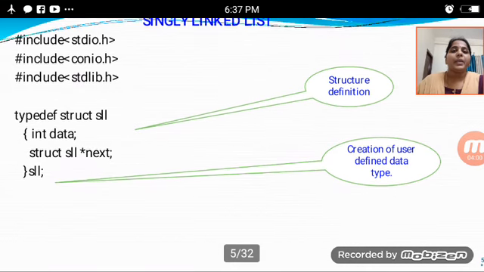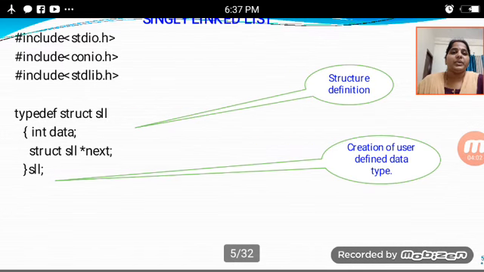After that, a typedef structure will be there, struct single linked list. Then the declaration part will be there.